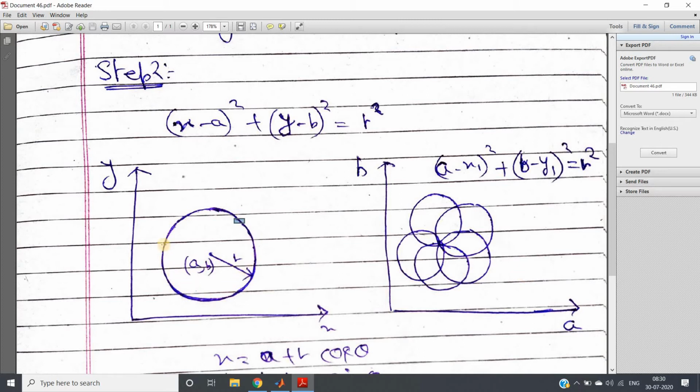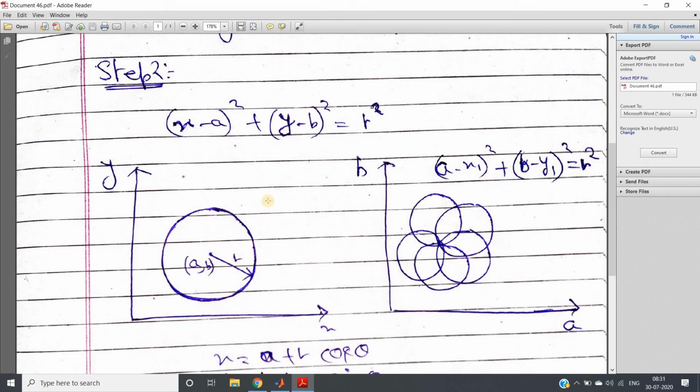Similarly, for all the points present on the circle, if we use this particular formula where a and b are variable, x_i, y_i are constant, and r is the radius which we want to find, if we plot, we will get this kind of nature. And the beauty is that all those will intersect in a single point, and that single value of a and b is the (a, b) value for this particular center. So if we get (a, b) and r, our job is done, we have detected the circle.